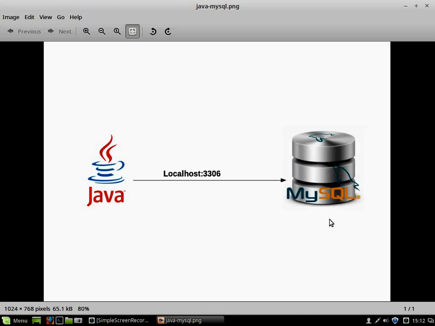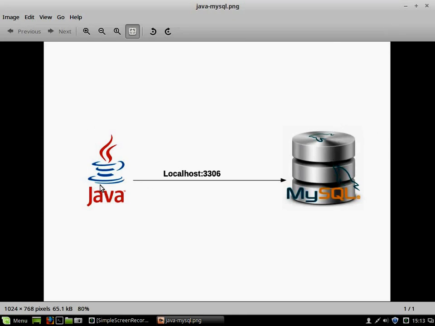which connects to the database using database credentials, username and password. After connecting to MySQL, your Java program will send some SQL instructions to MySQL, like an insertion statement or create statement or anything else. In our example, we are going to insert some values into a MySQL table. That table is created in MySQL. Later, to check whether this experiment is successful or not, we'll open the table and see whether the value sent from Java to MySQL has been inserted successfully. We'll check that and we'll end there. Okay, this is what we are going to do.